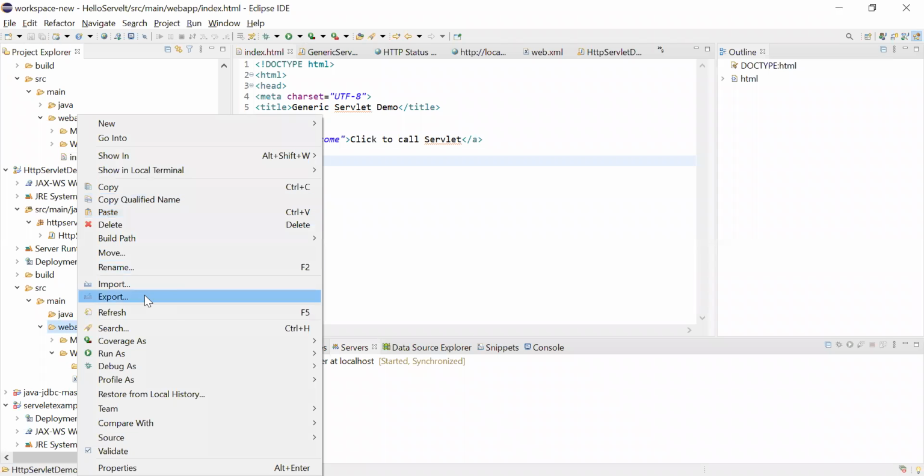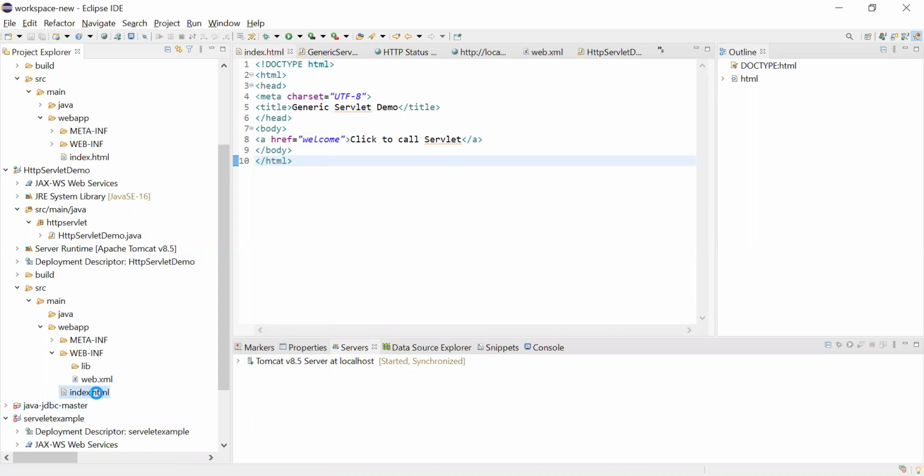If you search on the internet, you cannot see web app, because they used to say web content, but web content is not there in the current releases. So you have to use web app. Under web app, I have pasted it now.